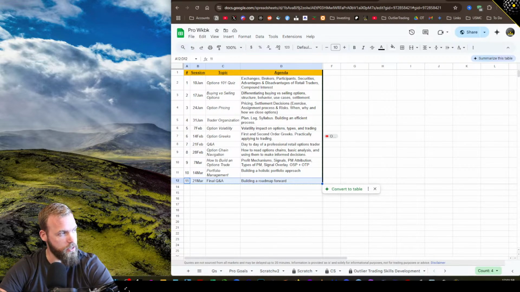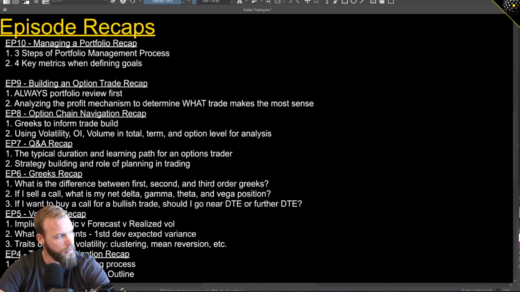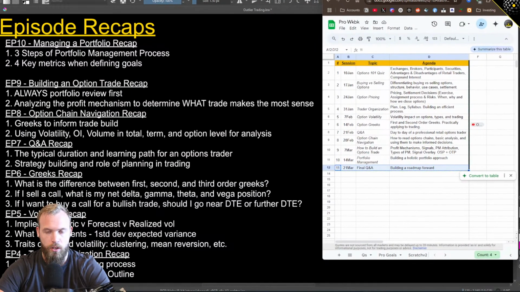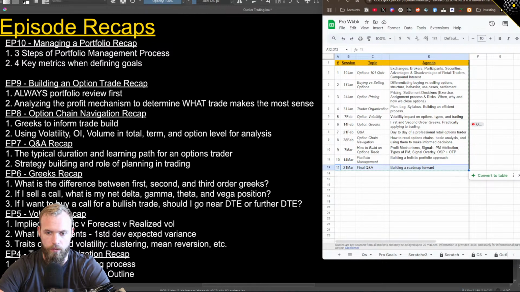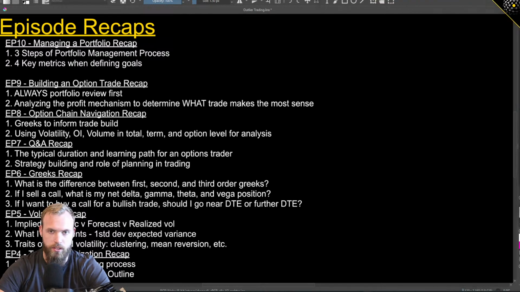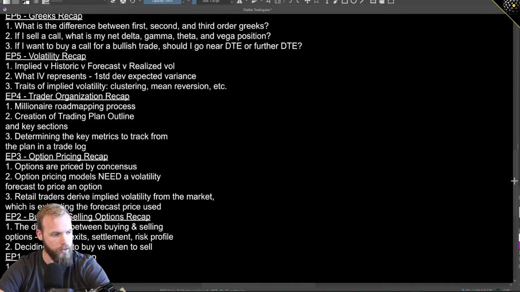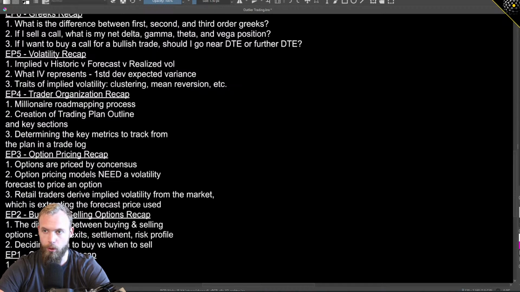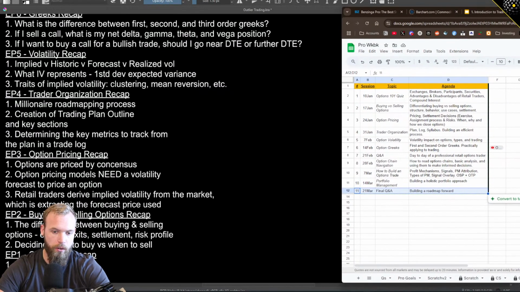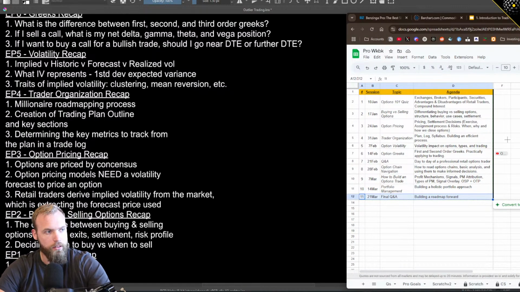So we've discussed options 101, and I'm actually going to move you over to this screen and kind of combine both of these like this so that you can get a side-by-side view of the stuff that we have talked about and the stuff that I think you should consider integrating into your approach going forward. So here we have the beginning. The beginning started with a recap.